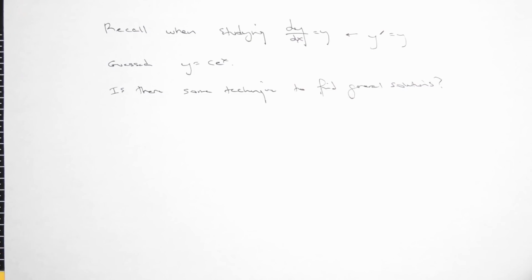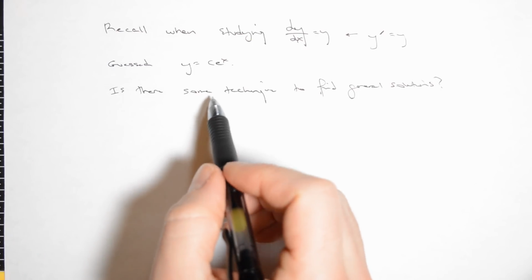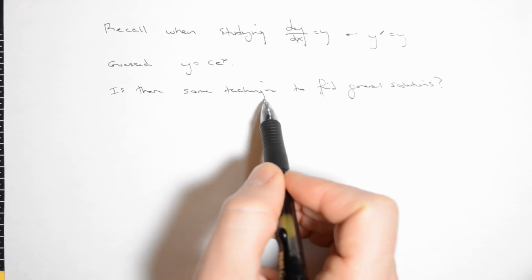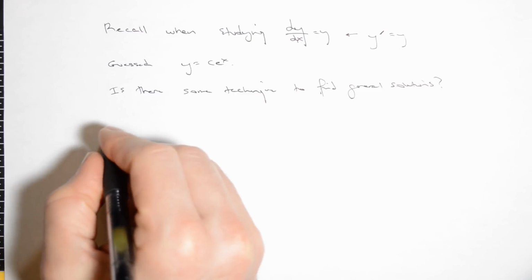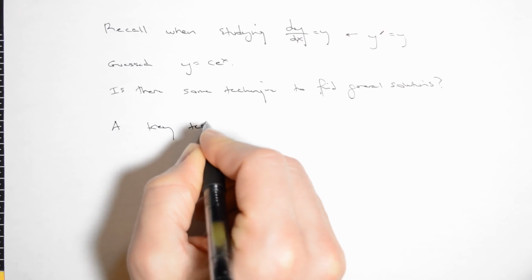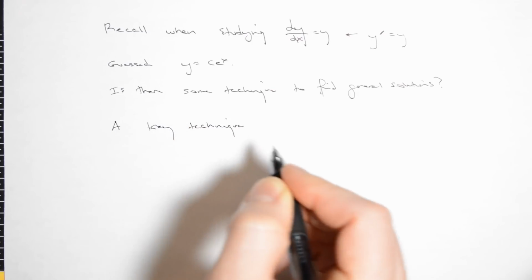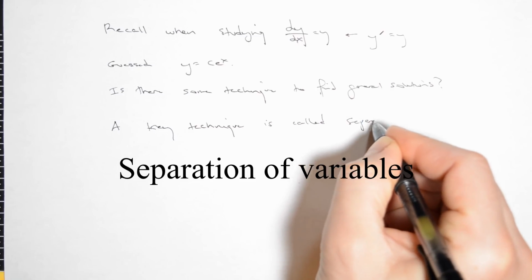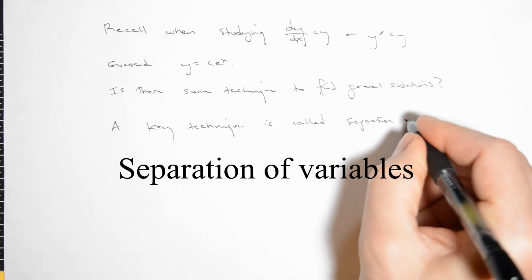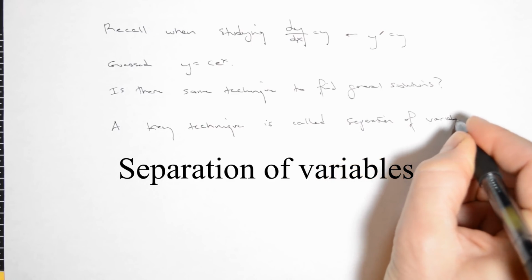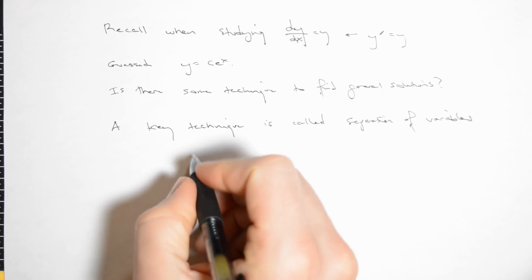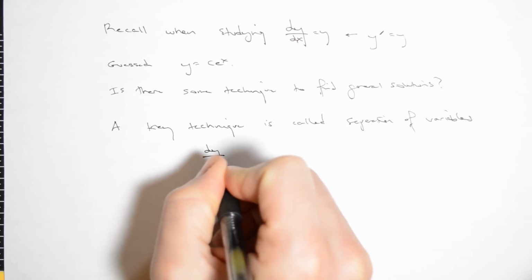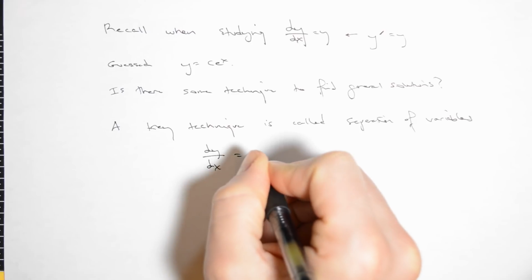The answer is not always, but sometimes there is. In this course, we're going to look at a couple of different techniques for doing that. One technique is called separation of variables, a key and important technique, and the first technique that most people learn. By that, we typically mean that we separate the two variables into two functions